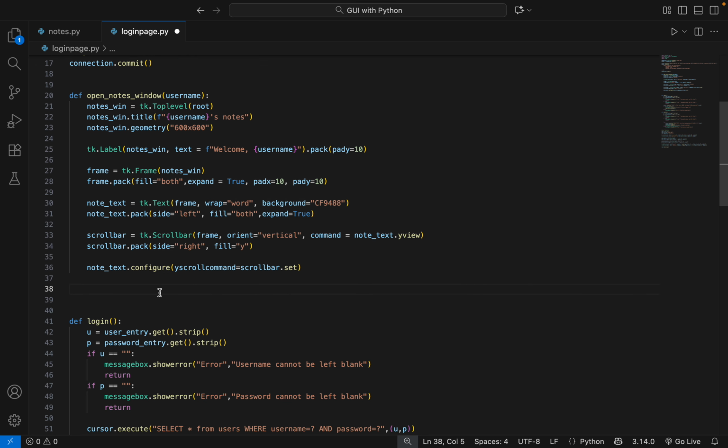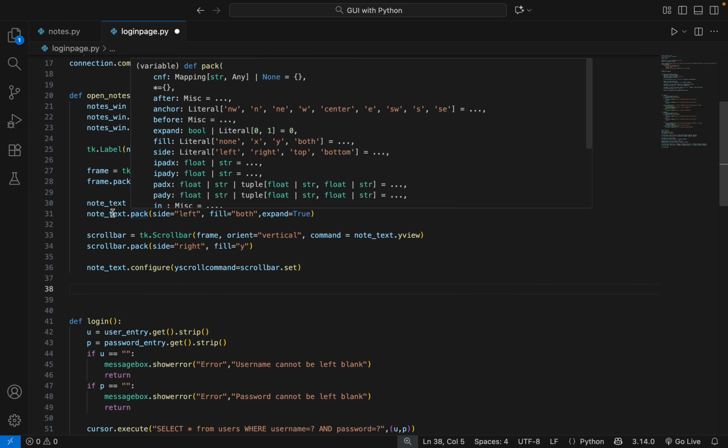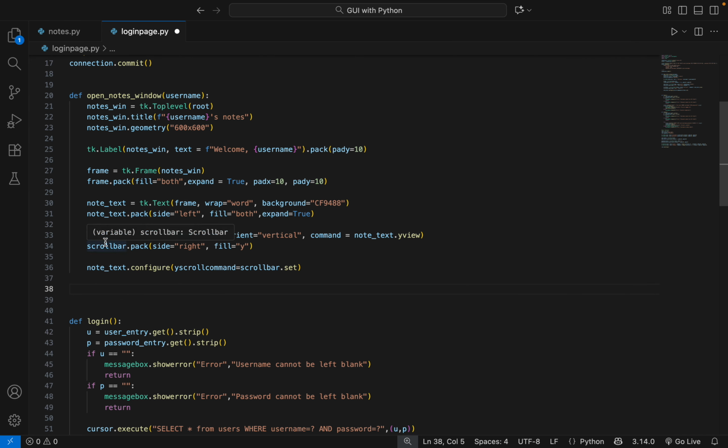Then this part is done. So we've got the window, notes window, we've got the frame inside it, and inside the frame we've got the text where we will write something, and we've also configured the scroll bar, and we have attached that scroll bar to the text. Okay, now the next thing that I should be writing is actually